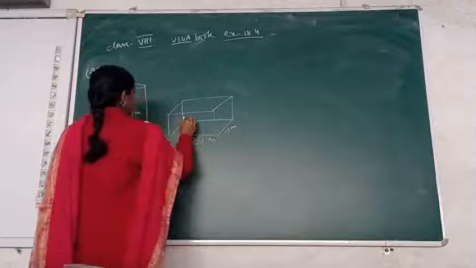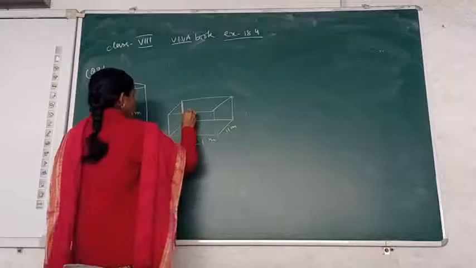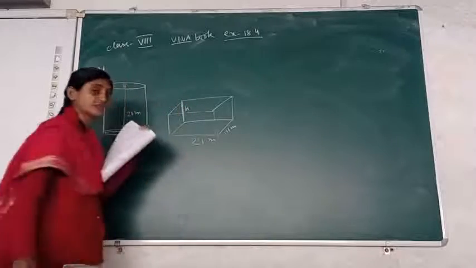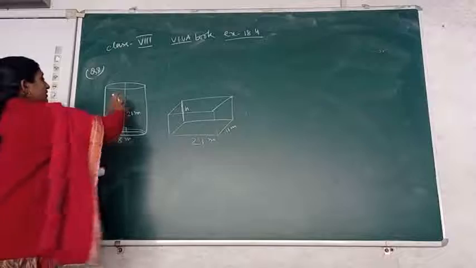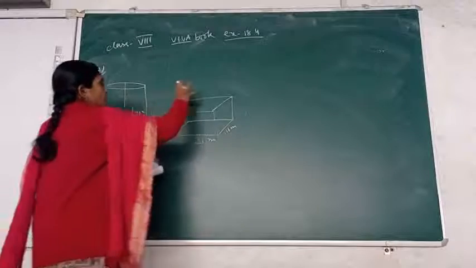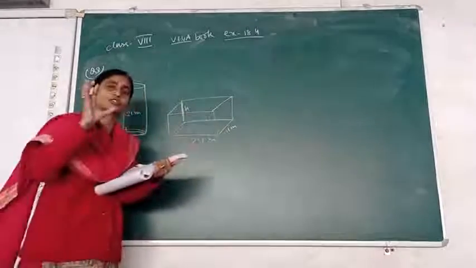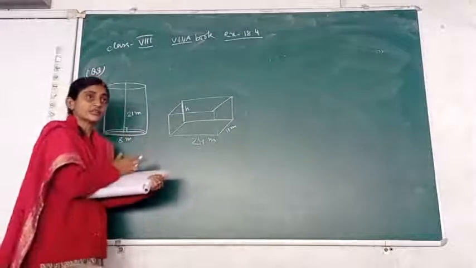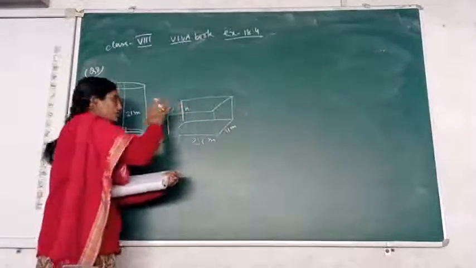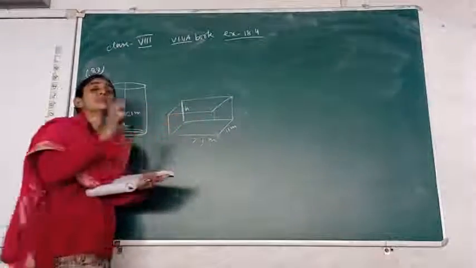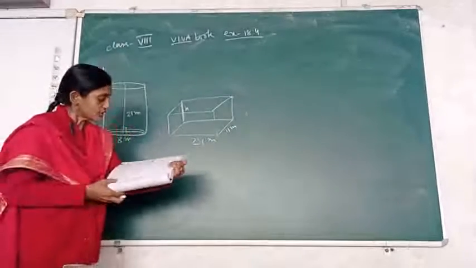Yes, that breadth. Now you have asked this height of the soil. That height has been asked in this question. So that complete soil will be put here and we will get that kind of shape. That means we can understand according to the question that the volume of the soil will be the same in both the cases, or the volume of both the shapes will be equal. So let's come to that one.